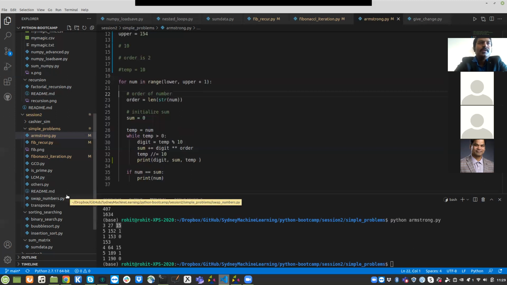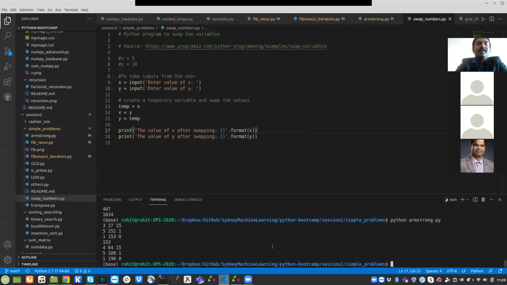Okay, so I'll just move on to another one. This is very simple. When you have two values, it's easy to swap them, right? On the table, you have a cup and a glass. You can just swap them, and the locations change. But in programming, basically in the computer world, that is not so straightforward. Why? Because while swapping, you need to track where things are in the memory. So let's say that we have two numbers and we want to swap them. The simplest one is